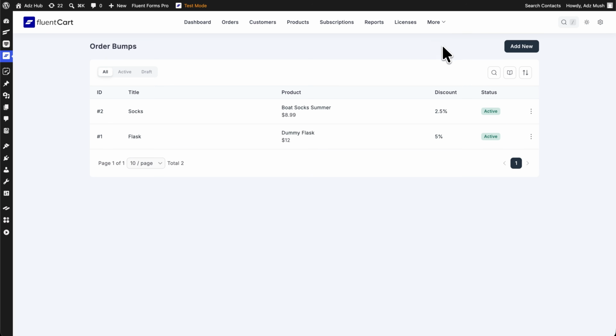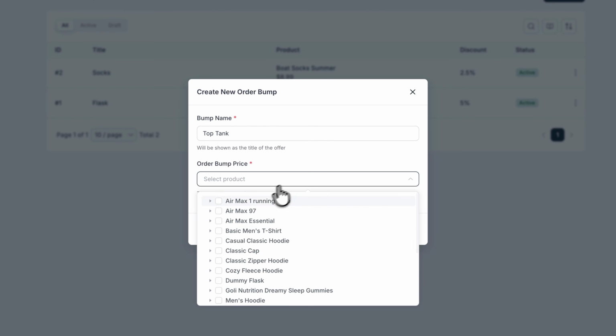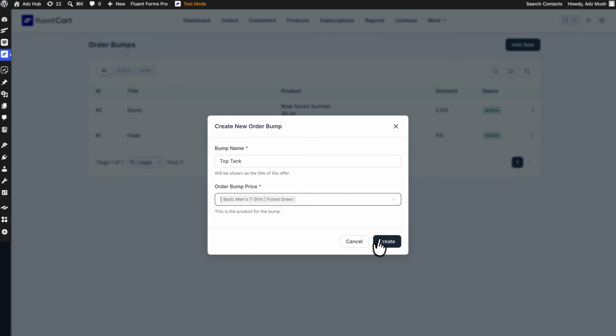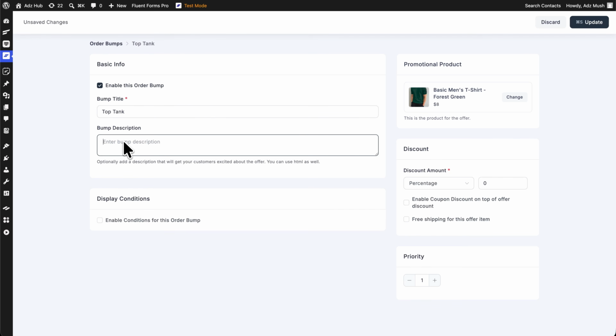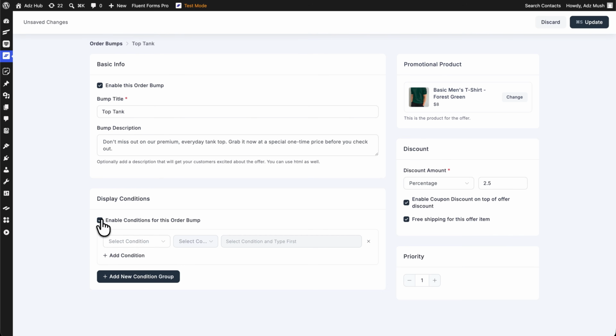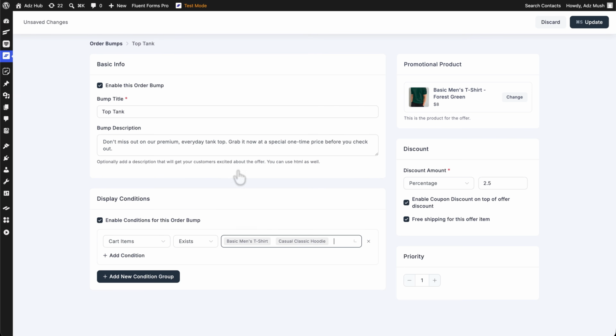If you open the order bump, you can easily add a new one with the name and the promotional product effortlessly. Now, enable the order bump and write a short description that explains the offer to your customers. Then, add a discount to make the offer more appealing and even enable options like free shipping if you want. By enabling conditions, you can control when this order bump appears. For instance, you can show it only when certain products are in the cart or when the cart value reaches